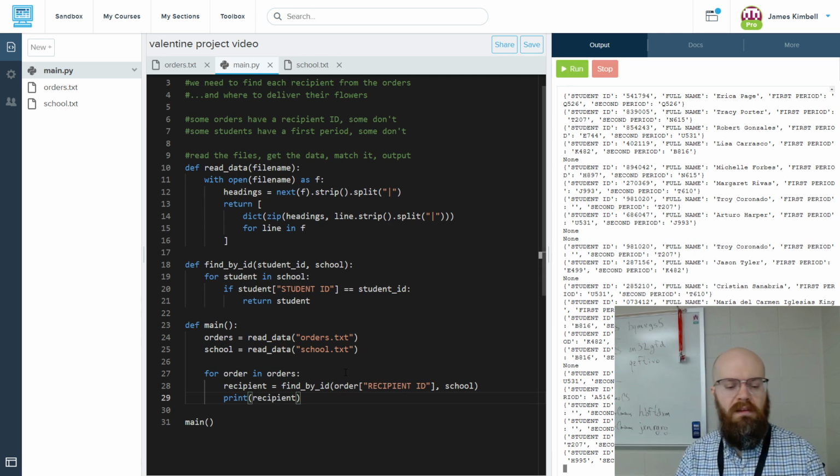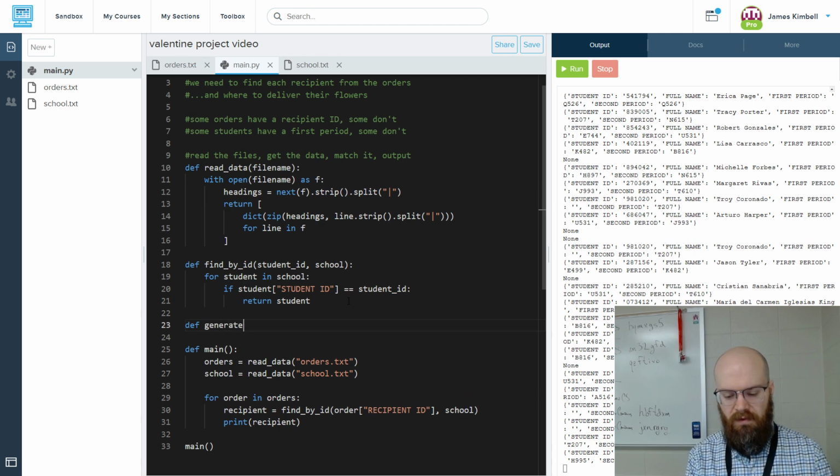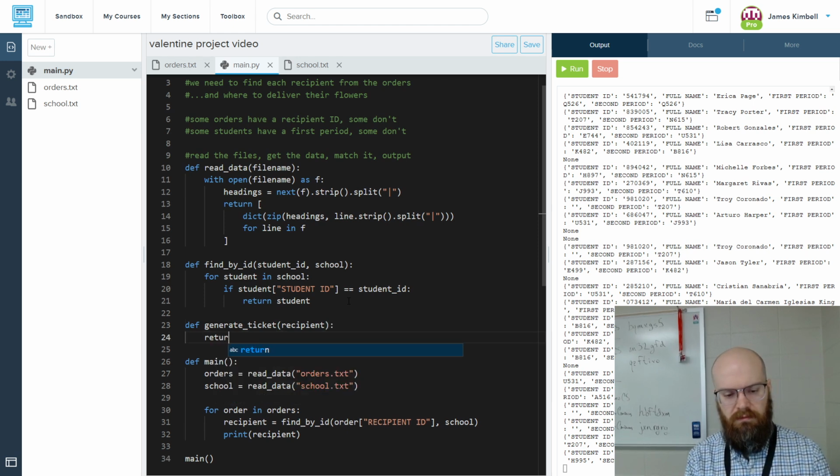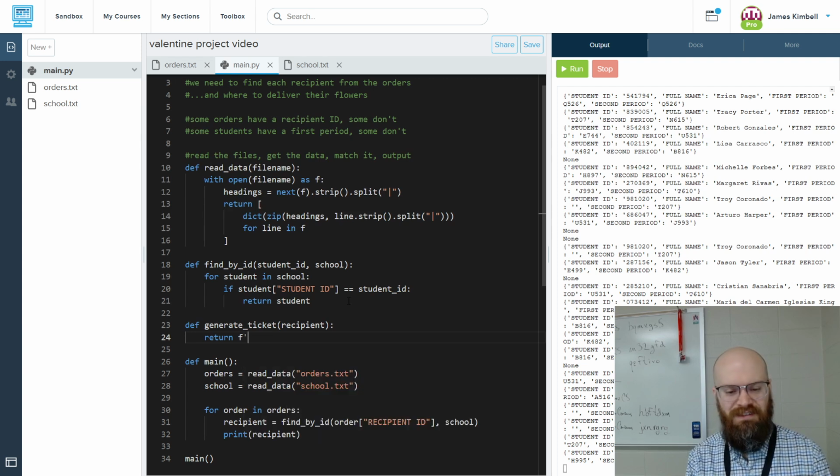Just making sure. And then let's say I want to make a little ticket. Our whole goal is to make a little ticket that's going to say like, deliver to Bob in room X, please. Single quote, because we're going to use double quotes. In newer versions of Python, you don't have to worry about this, but if we're going to have quotes inside of quotes, it's a whole thing. So let's say deliver to